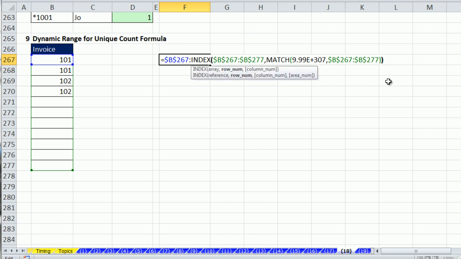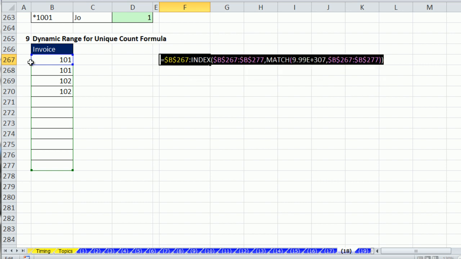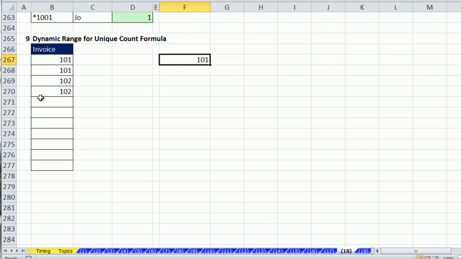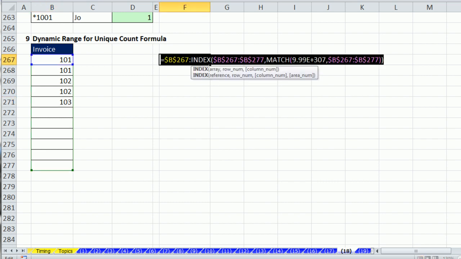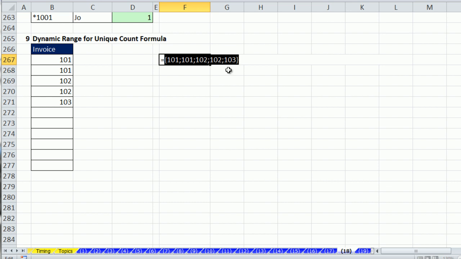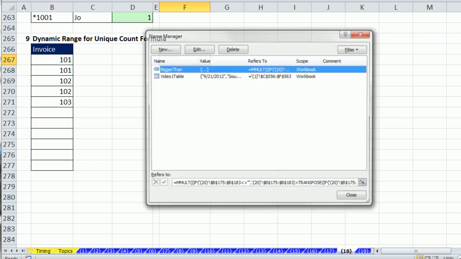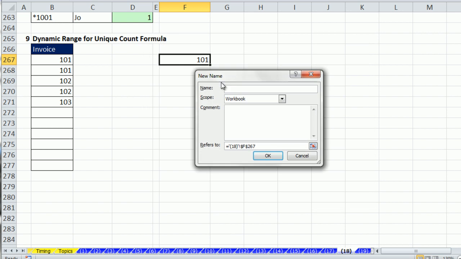All right, so that'll give us an expandable range. F9 right now, it's returning just those 4. Control-Z, Control-Shift-Enter. If I add a 203, a 103, I can see this expandable range. F9 is picking it up. Control-Z, Control-Shift-Enter. I want to copy this. Control-C, Escape. Control F3, new name. I'm going to call this